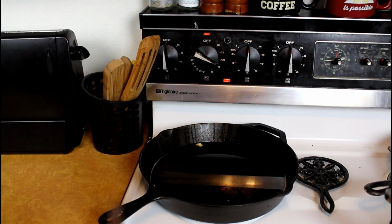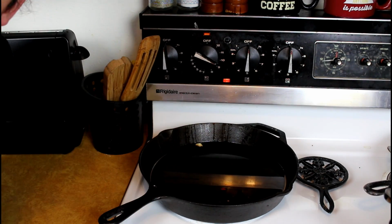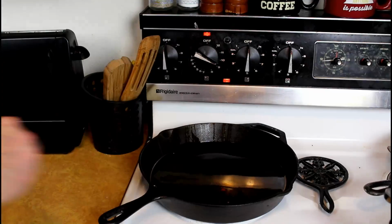Now it's time to fry them up. I'm gonna show you how to do that. Come with me, let's go back down here. Okay, so what I have here in the back is my oil. My oil is cooking at about 365 degrees, somewhere in there. And I put a little tester piece in there to see if we were ready to start frying up our